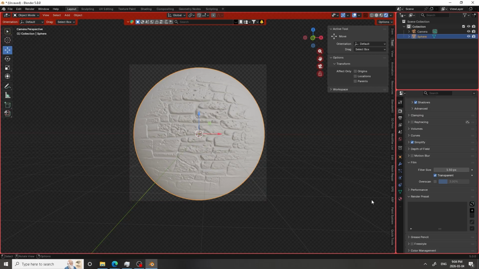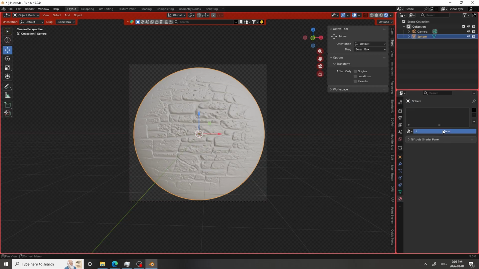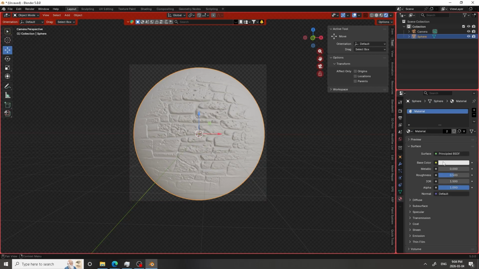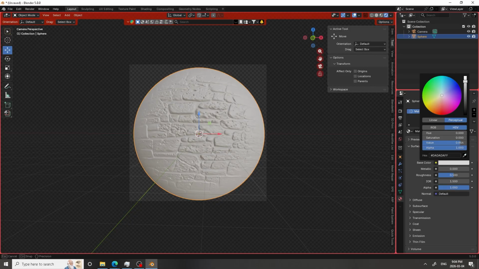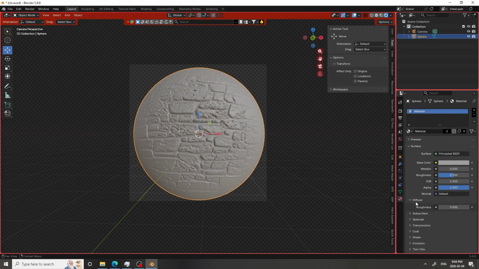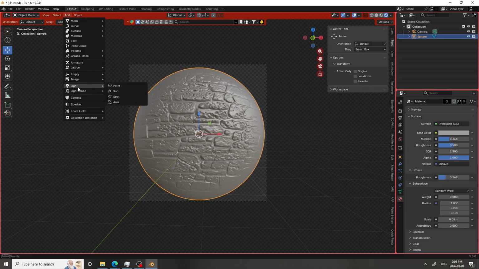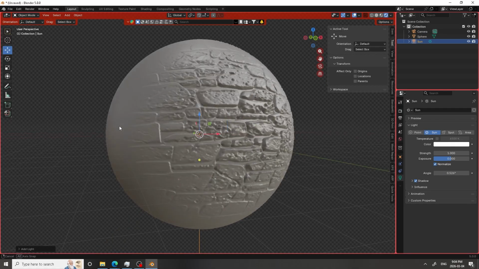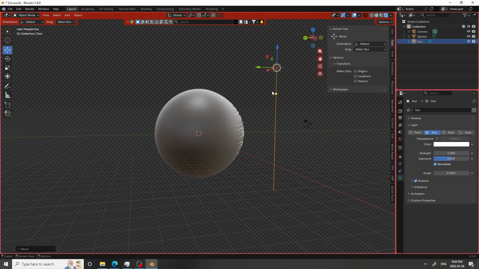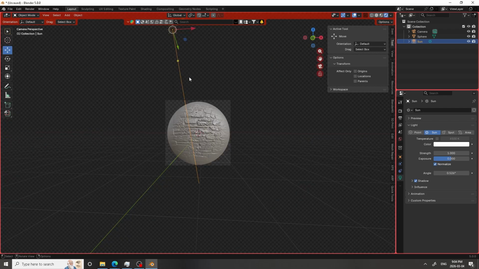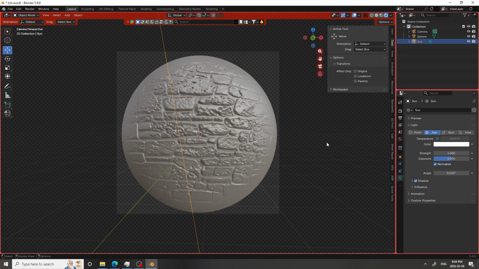So what I recommend you do now is take your texture, go down and just add a light material to it, and just kind of make it a little bit darker, and then go into your diffuse and turn up your roughness a little bit, and maybe even some metallic, to give you a nice preview image, right? And then what we can do is just add a simple light or whatever it may be to the scene. So we can do something like that, go back into the camera view,